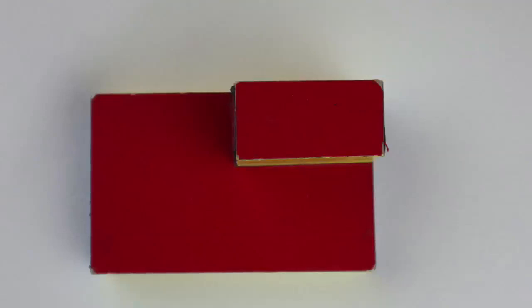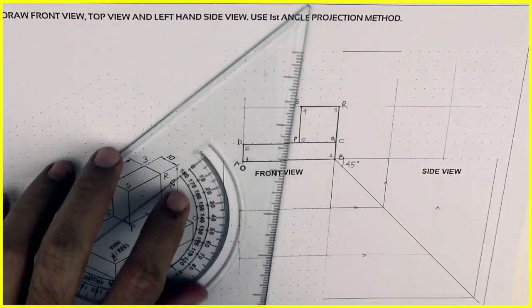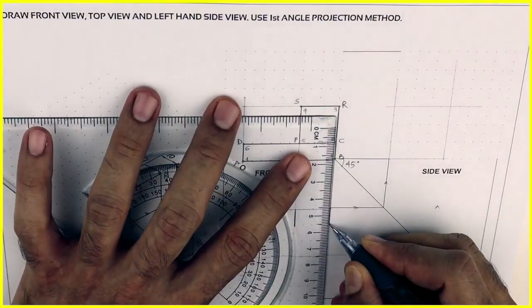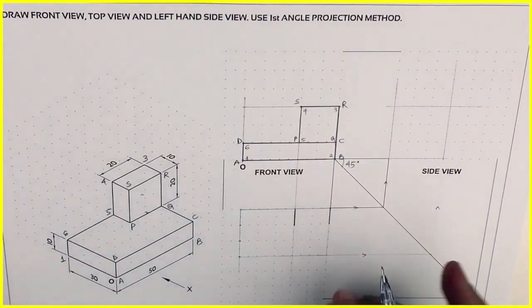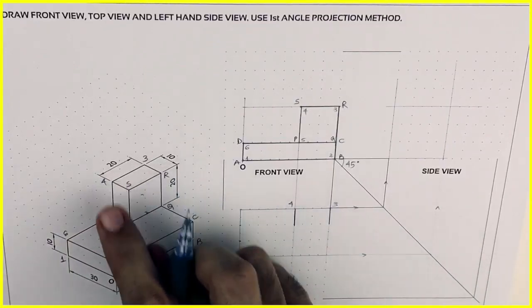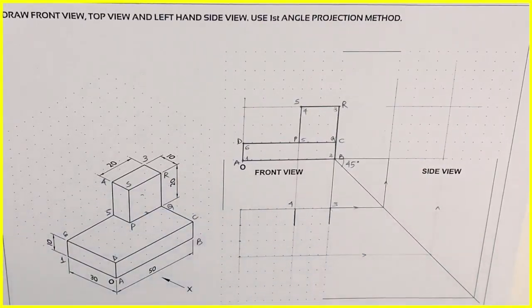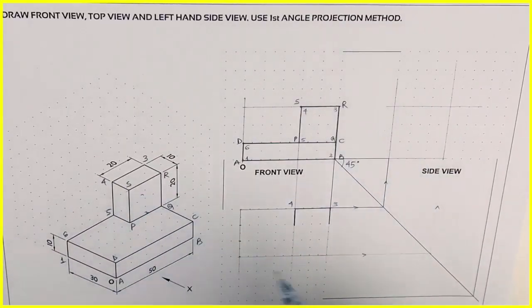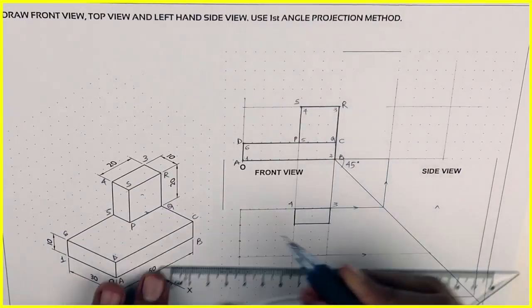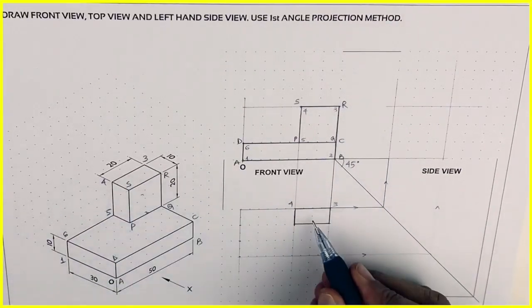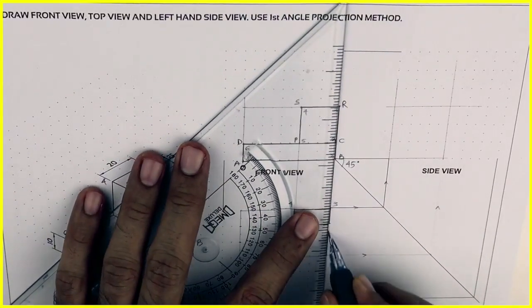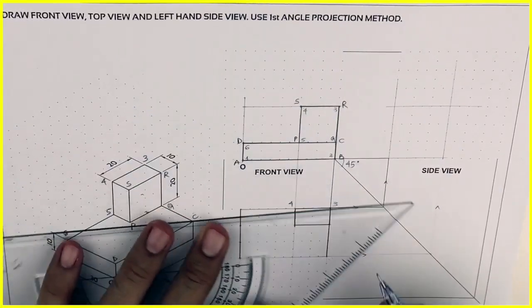Now see that this is how it will look in top view. 2 rectangles. This part 20 by 10. So you need to project from front view. See this. This we will take 20 by 10. We can mark points 3, 4 and RS if you want to write. This labeling is only for your understanding. In exam we don't have to write all this. You can write R, S. See this portion now, remaining portion. So that also we can draw. So we are done with top view of this sum.